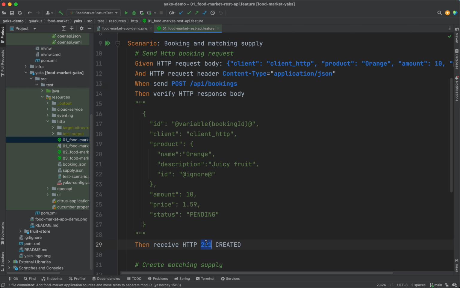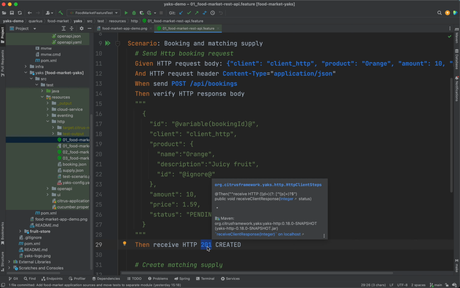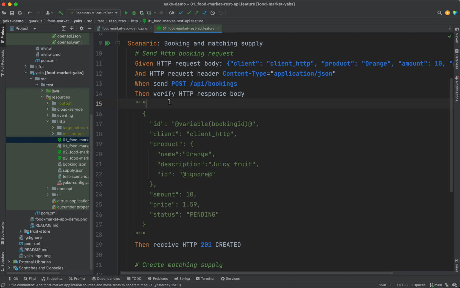We first check that the returned status code is 201 created. And we can verify the response body, which is the JSON of the booking that has been created in the database. So we also receive this ID, which comes from the database sequence, and we can save this for later reference in a variable, which is called bookingId. And we will use this in the later steps in the test to verify the booking status. And the other fields will